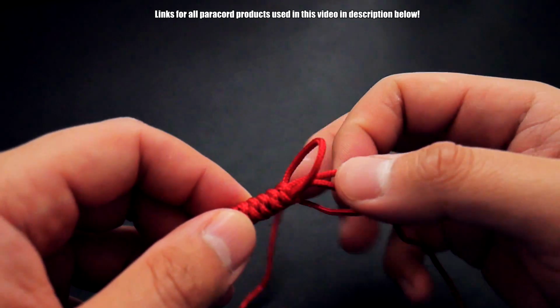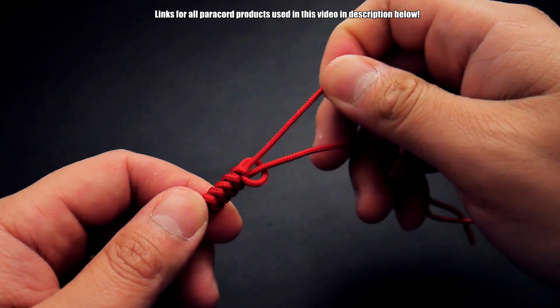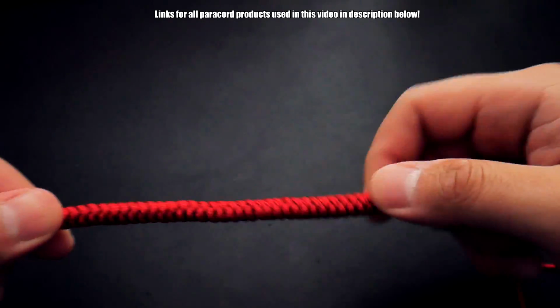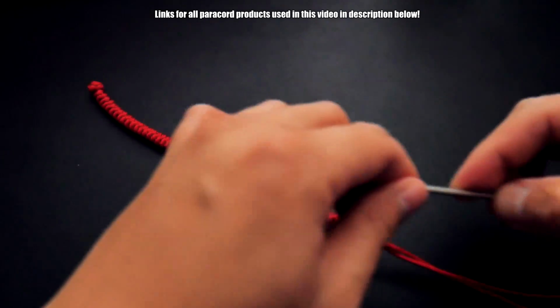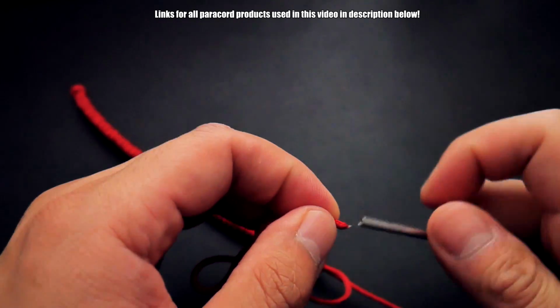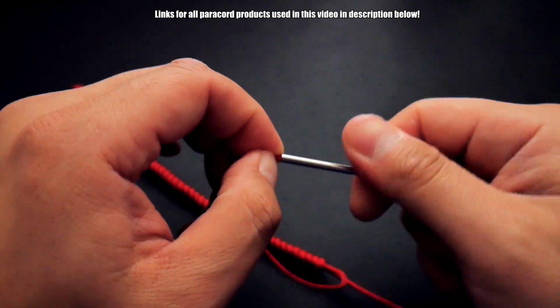So I've come to the end of my bracelet, and to finish it, just close the last knot. No need to put any more knots through. Got my proper length here, and now I'm going to take my fid and attach it to one end of one of the working strands,